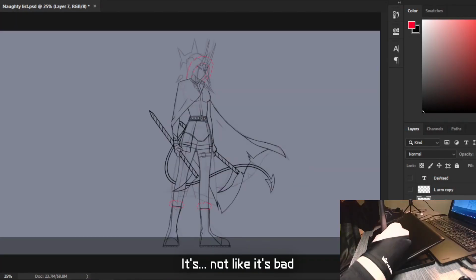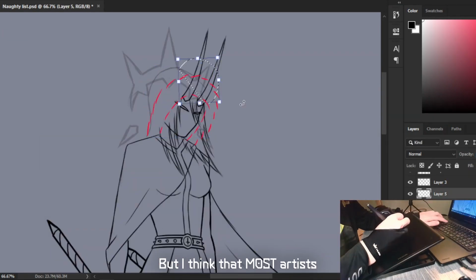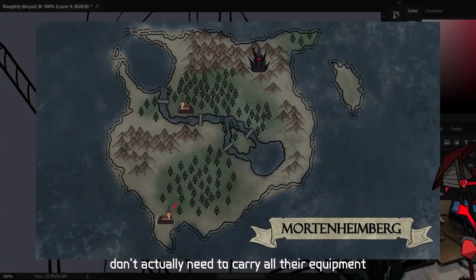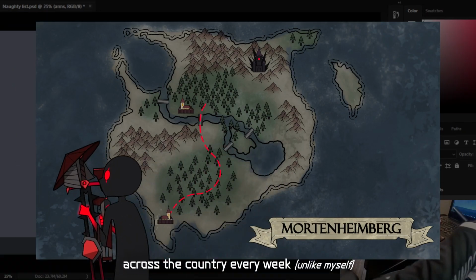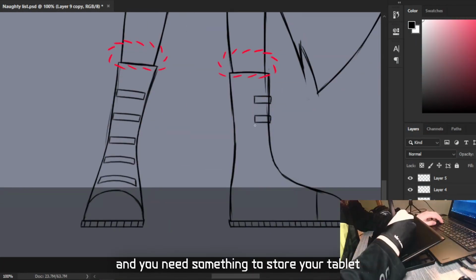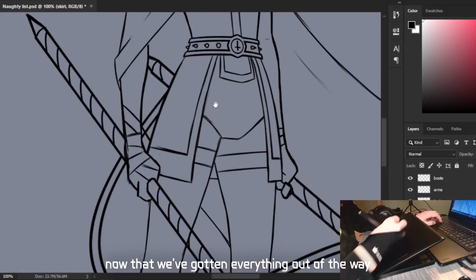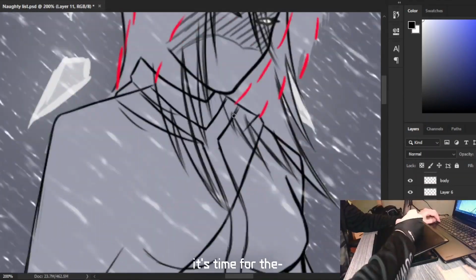It's not like it's bad, in fact it's quite useful to me since I do travel a lot. But I think that most artists don't actually need to carry all their equipment across the country every week. So basically, if you're an average artist and you need something to store your tablet, then just get a handbag. Anyway, now that we've gotten everything out of the way, it's time for the...